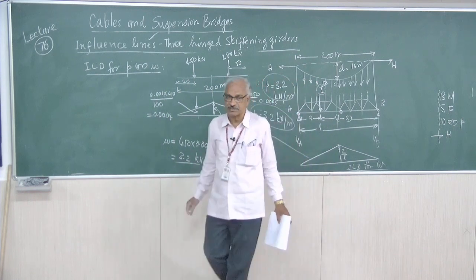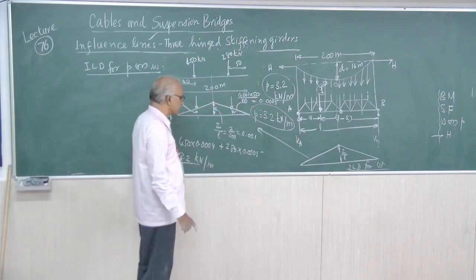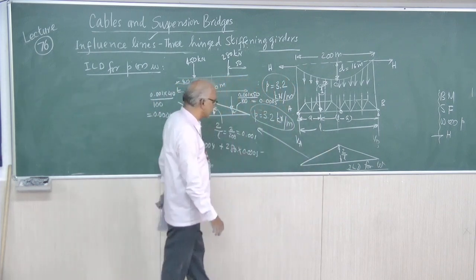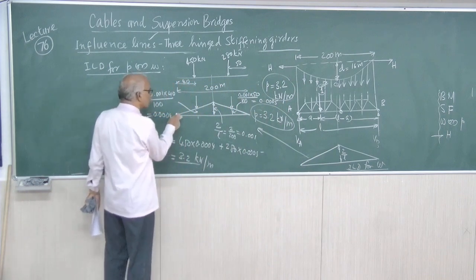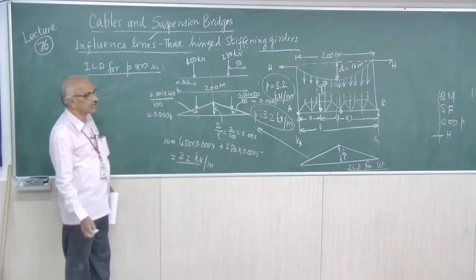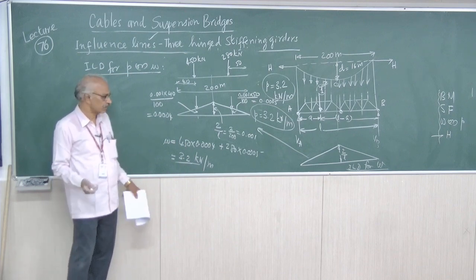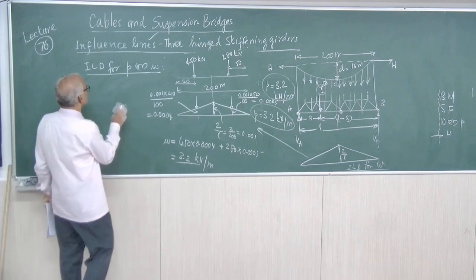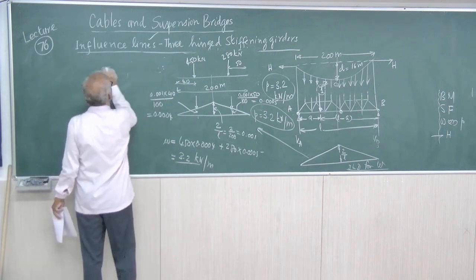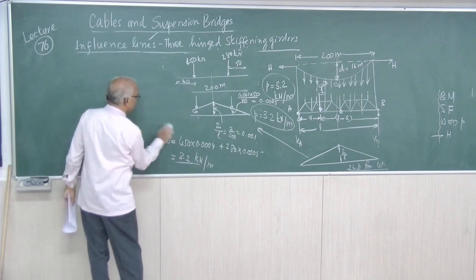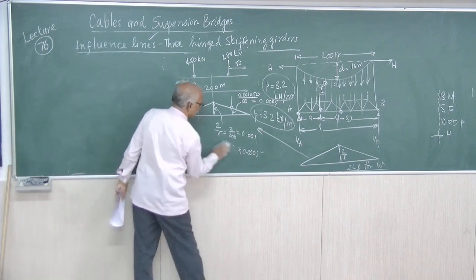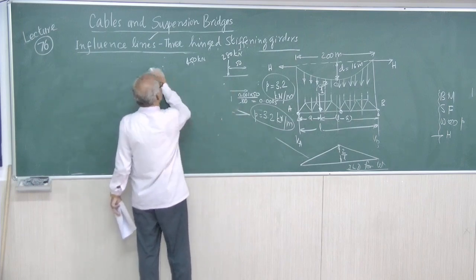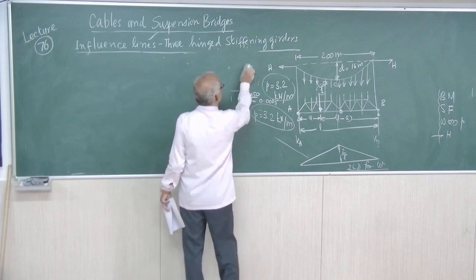This is the procedure. This is how you will have to get the influence lines. This is how to get the influence line. What is the influence line? What is its variation, etc. And this is how to use it for getting the uniformly distributed load for a given span and loading. Right. So this is ILD for P. These values we have calculated towards the end of the problem. But anyway, this is the ILD for H and ILD for the uniformly distributed load, P or W.